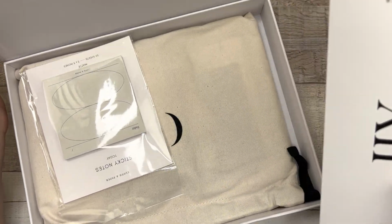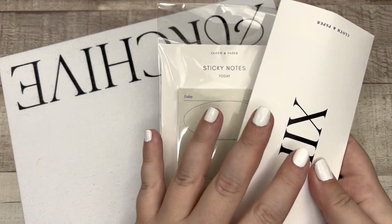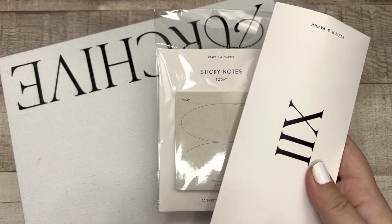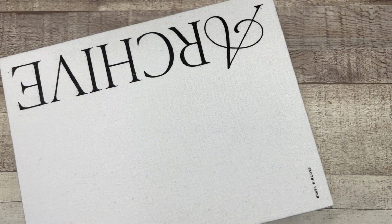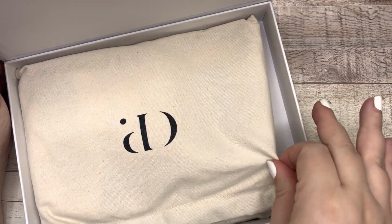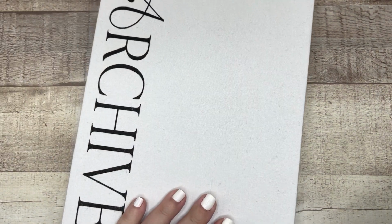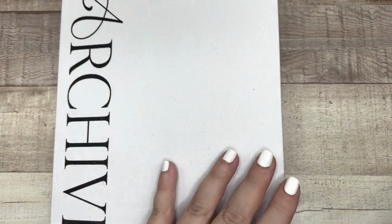Okay, so these are the pens and the sticky notes that come with the Penspiration. Let's do the Penspiration last because pen tests take a little bit longer. So we're going to set aside the Penspiration element of the box and get to the rest of the stuff in this dust bag. So here's the inside of the box. It's just cardboard, basically. Again, they did nice with the fabric cover, but otherwise,